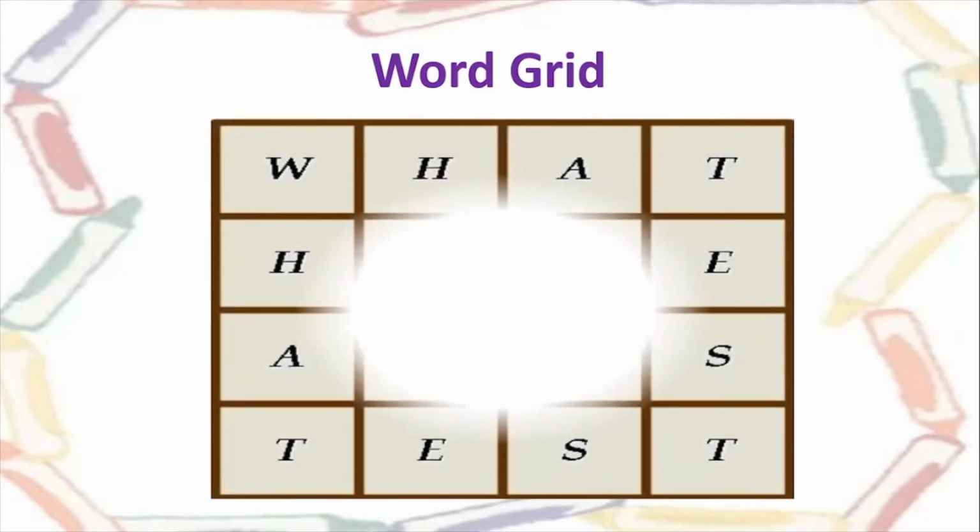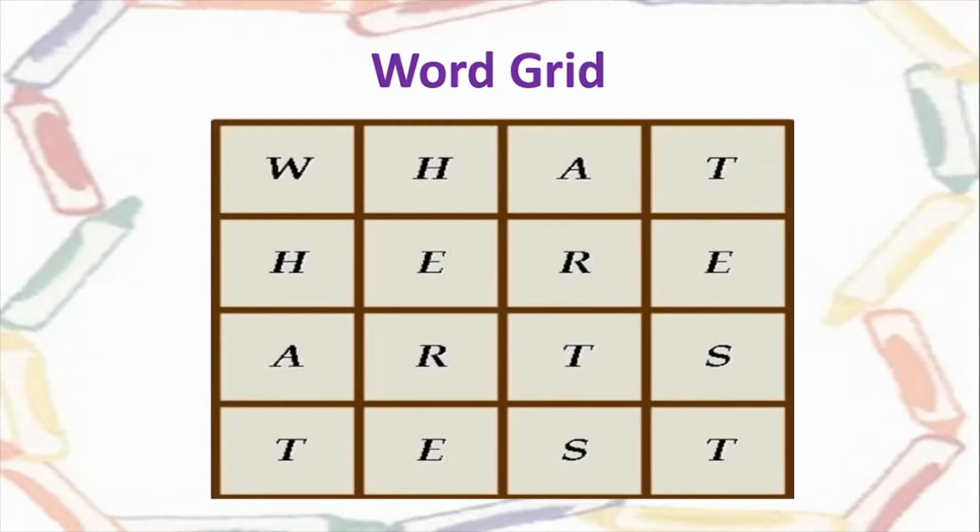All right, so let's see what a word grid looks like. Is this almost the same grid that we saw in the previous picture? Yes, it is. There are a lot of straight lines crossing each other and forming small squares. So it is a grid. But at the same time, we can see many letters written inside the grid. When you try to read them in a particular way, they make sense also. Many of these letters are joined together to form words that you can find in your dictionary. So this has become a word grid.